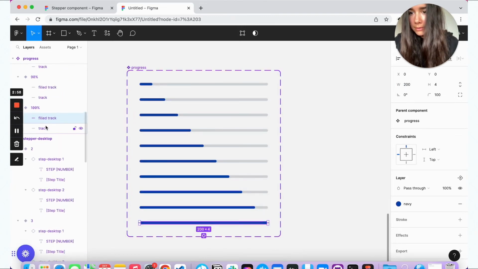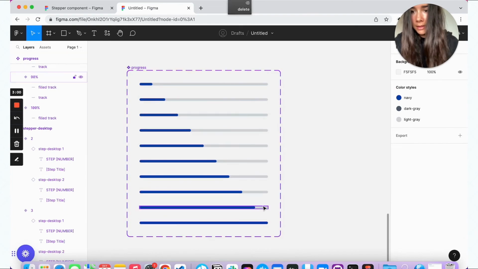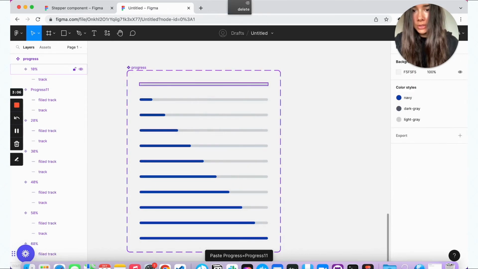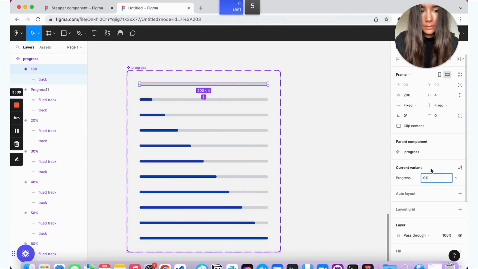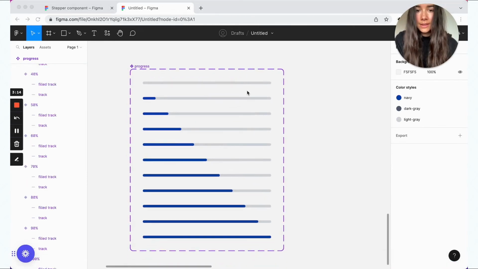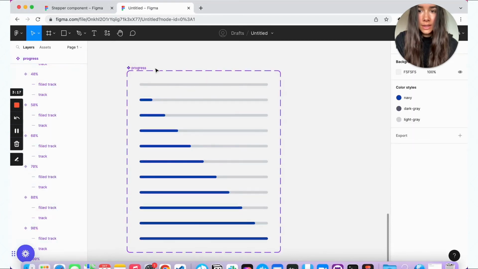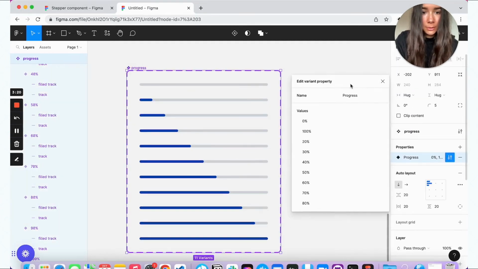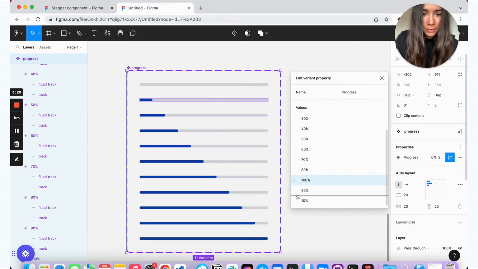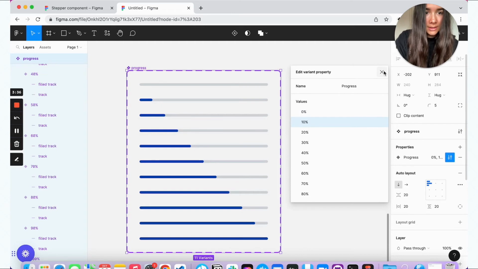And for this last one, we can delete just the regular track, and we're also going to make one more variant that's just 0. So a couple things that we can do here is first just confirm that the order looks fine. So here, I don't know what happened, I have 100 all the way at the top, so I'm just going to move this to the bottom and reorder these ones, so now it looks nice and neat.